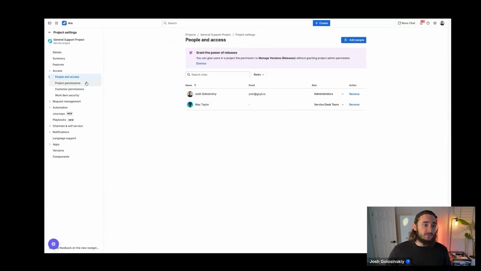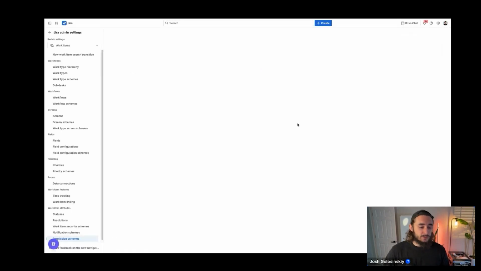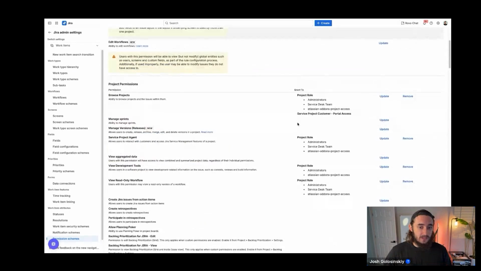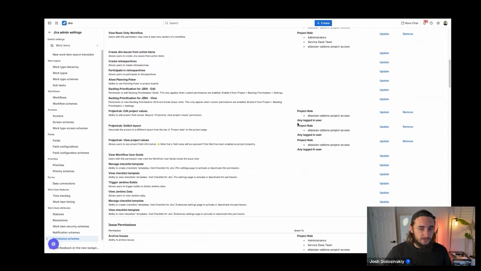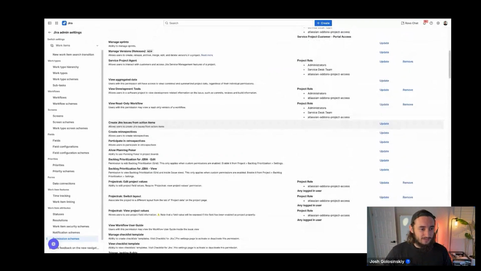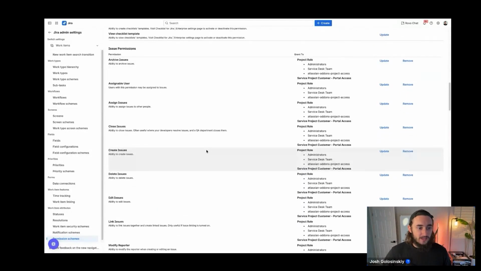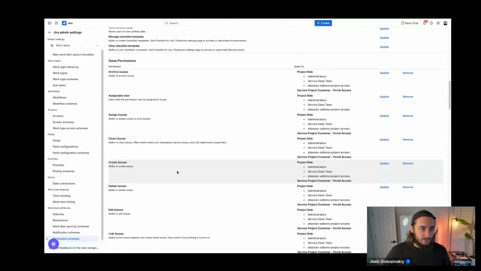And if you want to see exactly what these granular permissions are, who has access to what, that's all in the project permissions tab. And we could go to actions and then edit permissions on the top right. And this is where we could actually add and remove and see who has access to what. And you could scroll through this. I'm going to have a little bit of a longer list because I have a lot of plugins on this site. I was doing some testing here, but really the core permissions are things like creating issues, editing issues, archiving,